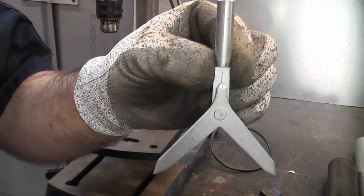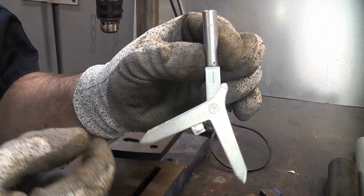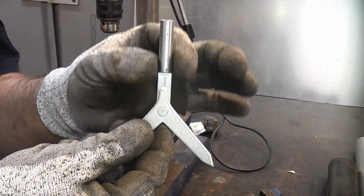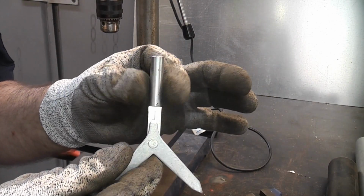This is a drill centre finder. You can pick these up on eBay. They're only about £6 to buy. These are very useful if you ever need to drill down the dead centre of a shaft or any round